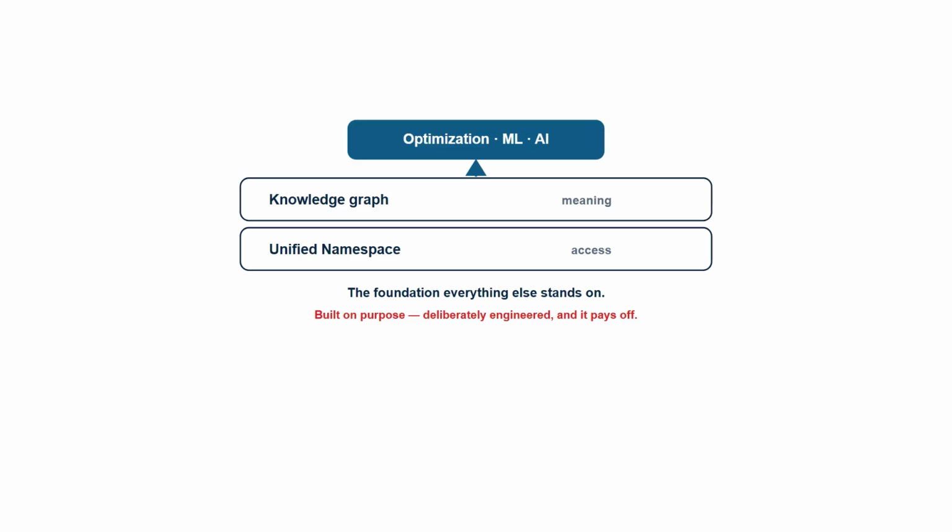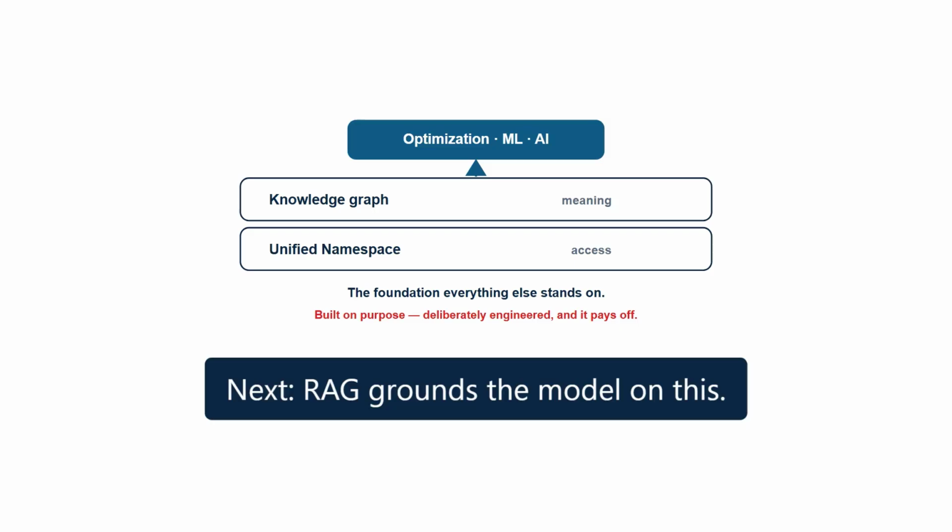So that is the foundation. In one picture, a unified namespace for access, a knowledge graph for meaning, and together they are what make optimization, machine learning, and AI actually trustworthy. Without it, even the best model is guessing over a pile of numbers. And here is the honest part. This foundation does not appear by default. It is deliberately engineered, designed and built on purpose. That is real work up front, and it is exactly the work that pays off, because everything above it depends on it. Next, we will see the first thing you can build on it, grounding the model in your own